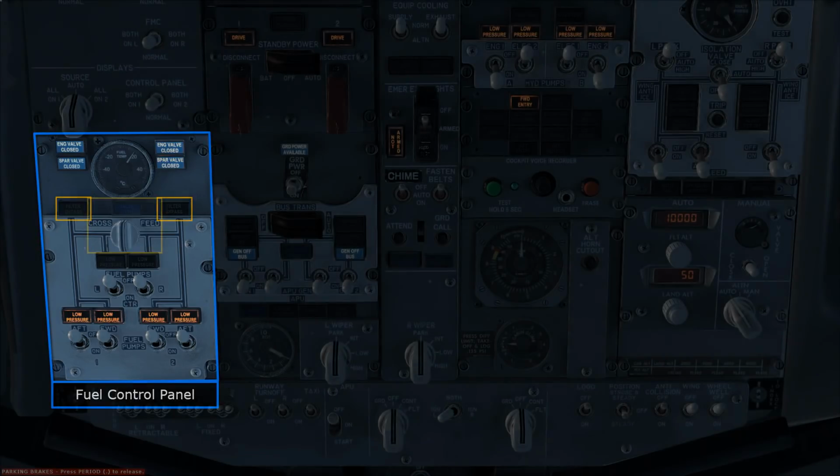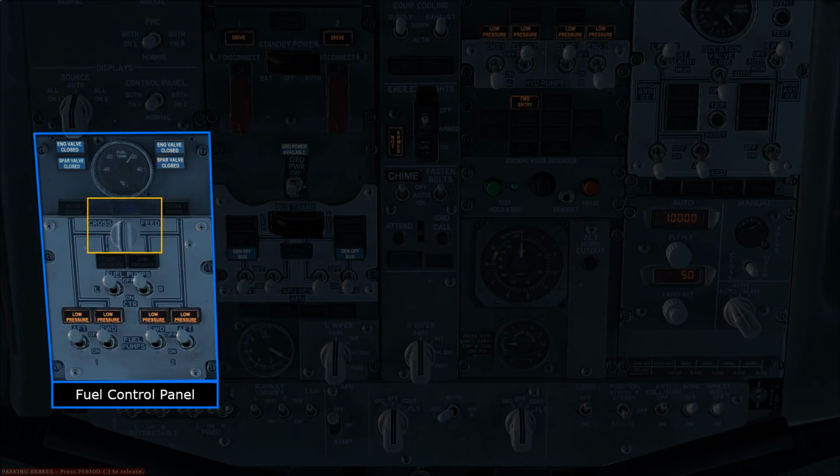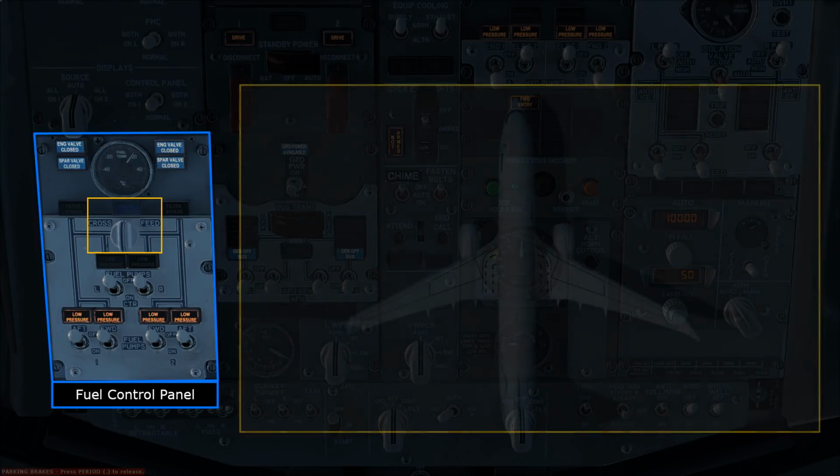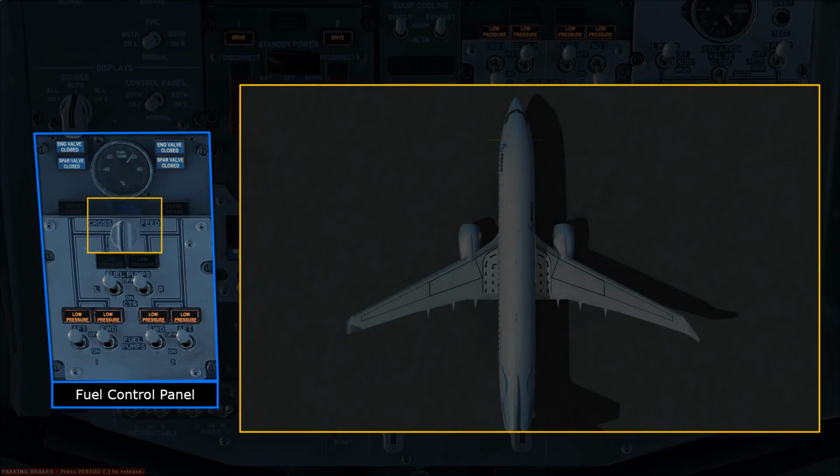In the center here we have the crossfeed selector and associated indication light. Just so we're clear on what a crossfeed is, normally in an aircraft the left side fuel tanks will work with the left engine, the right side fuel tanks will work with the right engine, and both sides normally work independently from one another. Now sometimes there may be an issue with an engine or one of the fuel systems, so what the crossfeed allows you to do is connect both fuel systems to allow fuel to flow between both